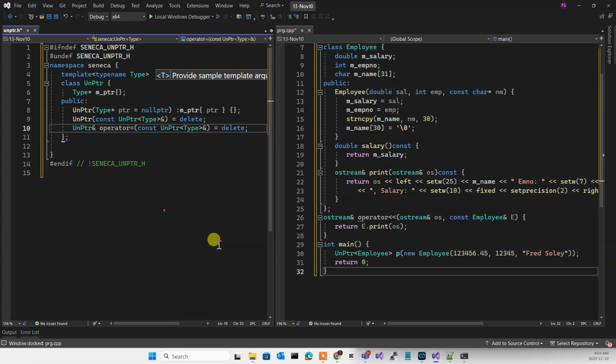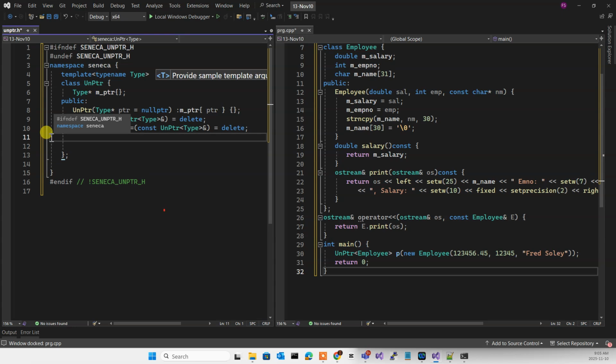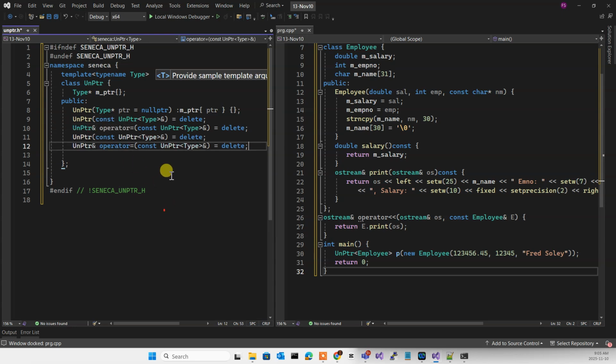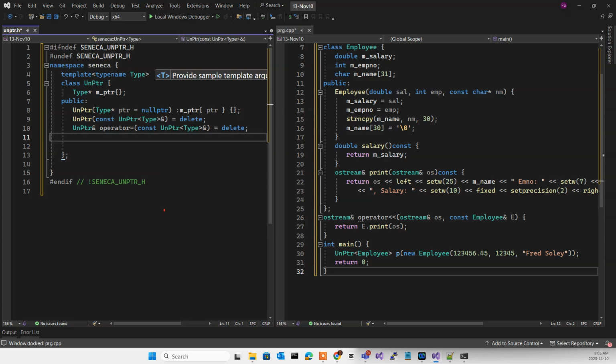But if they move it, which means if one unique pointer takes over another unique pointer and leaves the other one behind, I'm in a good position, right? So for that, what do I need to do? What I need to do is essentially move those things around, right? So, and for moving, it's quite simple and straightforward too. We know all this syntax. I'm not going to write it down. I'm just going to explain to you what they are. So